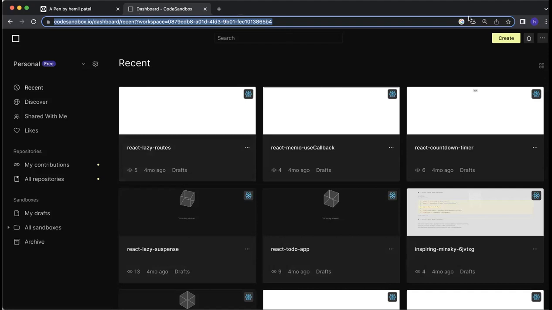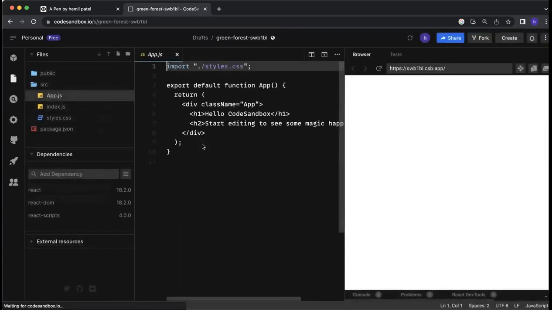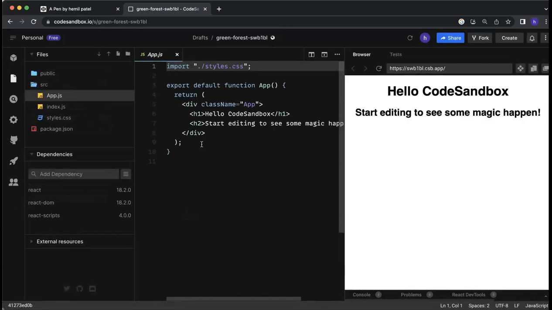Okay, so once you open this, you can go here and then click on something called create, and then it will give you multiple options. And I would suggest to open this React one. Okay. Let me know if you're having any trouble. Once you do that,